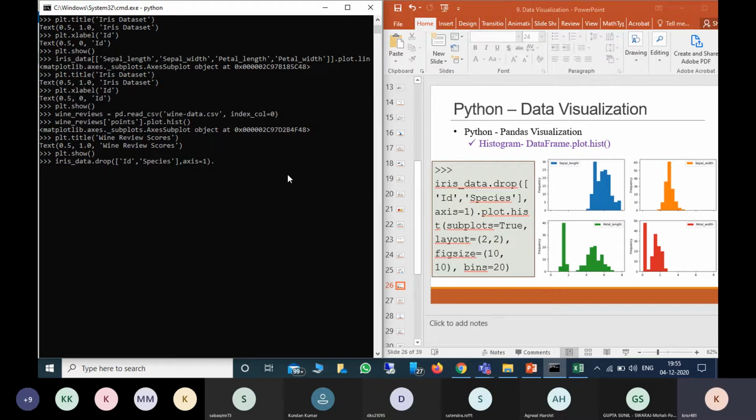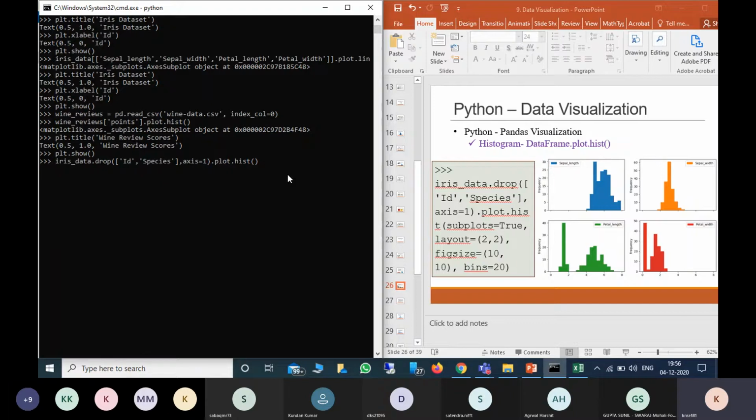Now I am doing plot dot hist, so it will give the histogram. Now I want to plot each one separately. How many do I have? Four. Four I can represent in 2 by 2, or 4 by 1, or 1 by 4. But here I want to plot in 2 by 2.